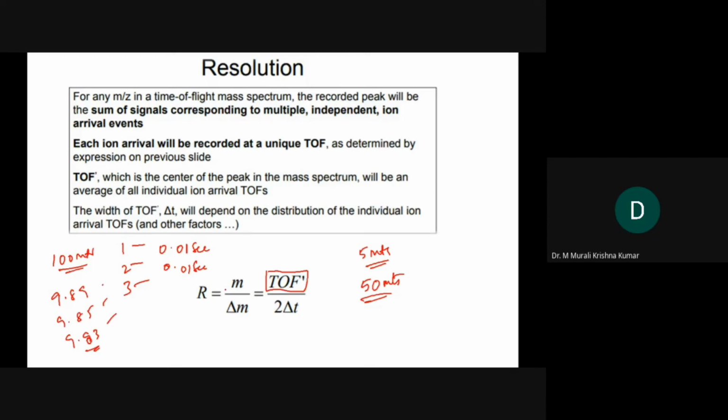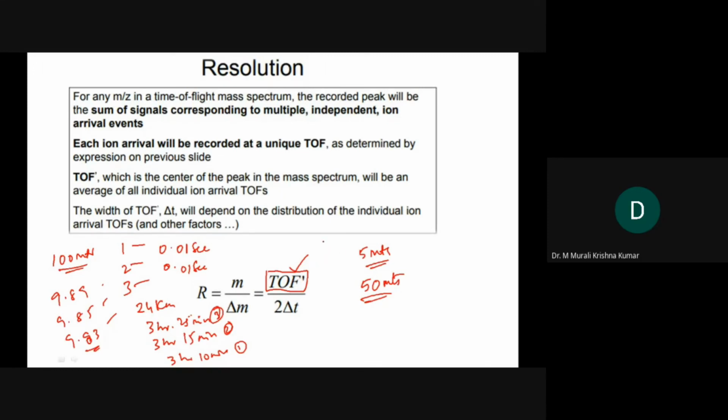But when you look at a marathon race, like 24 or 30 kilometers, the first one will come at 3 hours 25 minutes, the second one at 3 hours 15 minutes, the next one at 3 hours 10 minutes. This is the first, second, and third rank. The gap is so huge. In the same way, we apply the same logic here because we are giving the same energy. So if you increase the time of flight, it can greatly increase the resolution of the instrument.